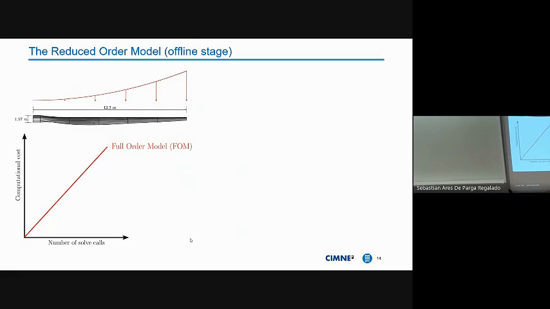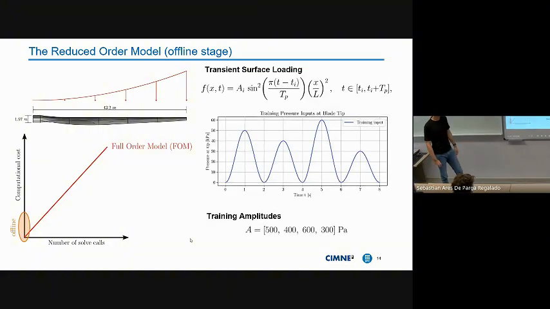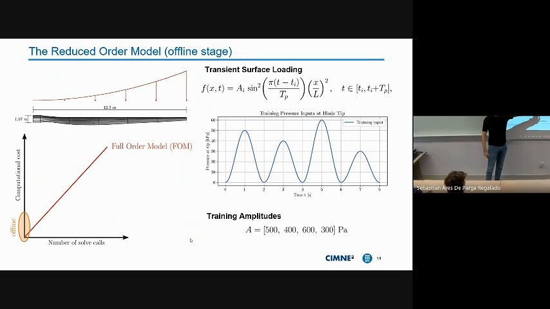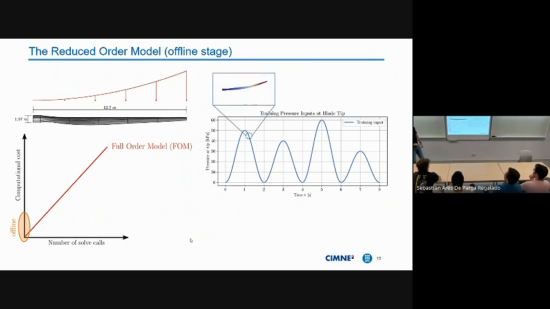So let us go ahead with an example. We have a wind turbine model, nonlinear dynamics in a structural model where we set up an offline retraining stage. We define a transient surface load that varies with the time. It has some training amplitudes. And then from these training amplitudes, we can take a look at different snapshots on the training configuration that will